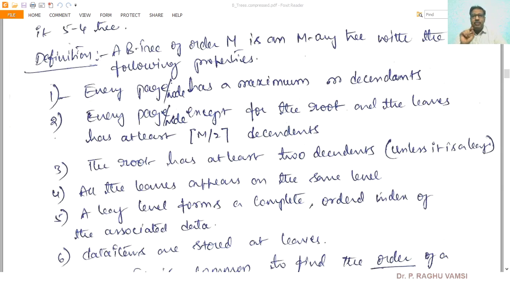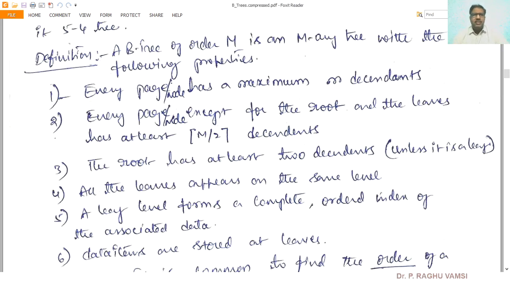Before beginning the description of the insertion, searching, and deletion operations, let us recall the definition of the B tree, how the splitting will be done, and how the merging will be done. These three concepts one must be aware of before proceeding to the programming. Before moving on, I recommend you download the material given in the link and go through the material side by side as I am giving this lecture. At the same time, take a pen and paper and practice the construction of the B tree as I am explaining in this lecture.